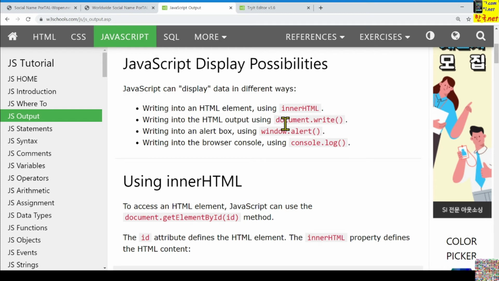We can show our output on the screen. Also, we can use an alert box, and another way, we can use the browser console.log. That is very convenient to debug our JavaScript statements. Later we'll use this console.log.